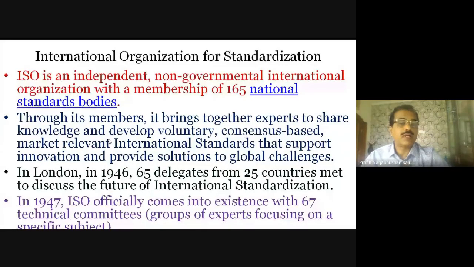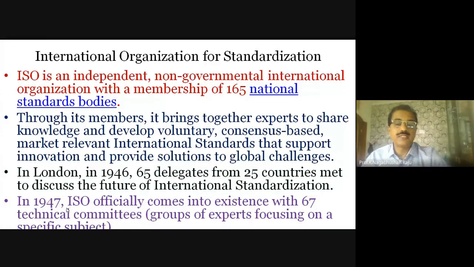And then market relevant international standards. These three are very important. You should have voluntary, consensus based and market relevant international standards that support innovation and provide solutions to global challenges. That's the basic role of ISO. That's the reason why in London in 1946, 65 delegates from 25 countries met to discuss the future of international standardization. And it came to realization in